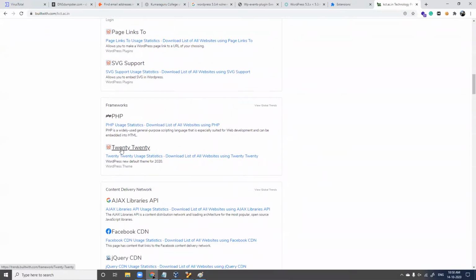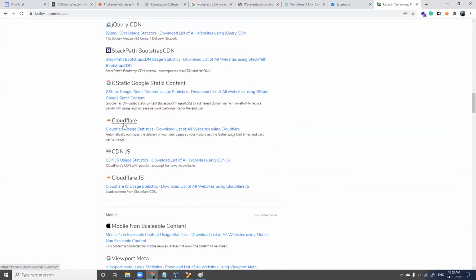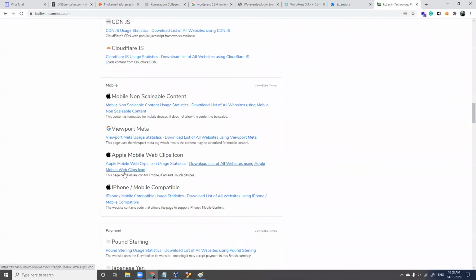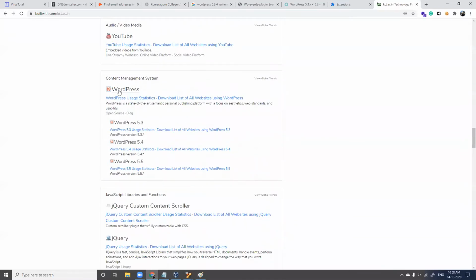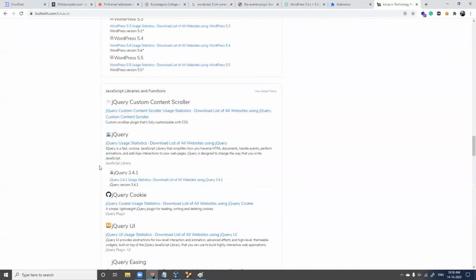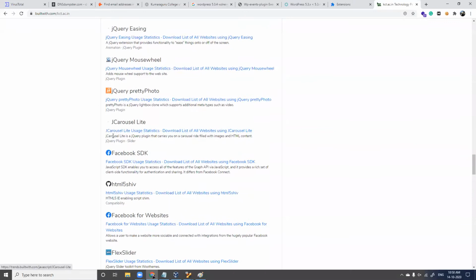Okay, PHP, Ajax libraries, Facebook CDN, Cloudflare, and WordPress. The content management system used is WordPress, and what version of WordPress is being used. JavaScript libraries, what JavaScript libraries are being used.